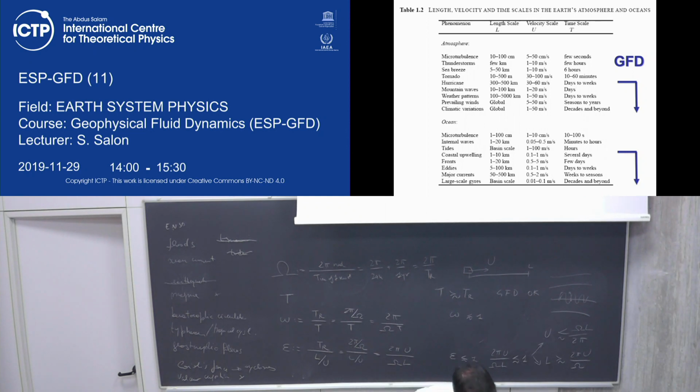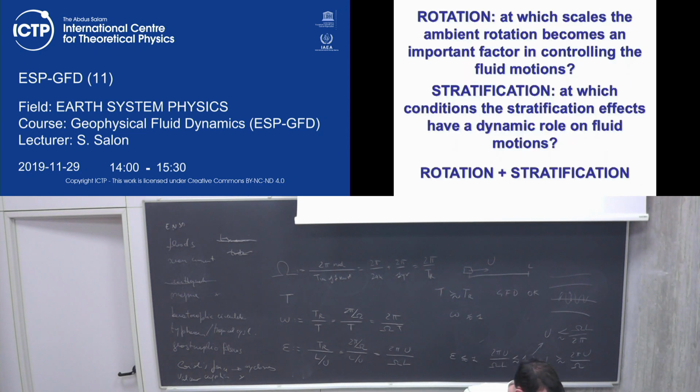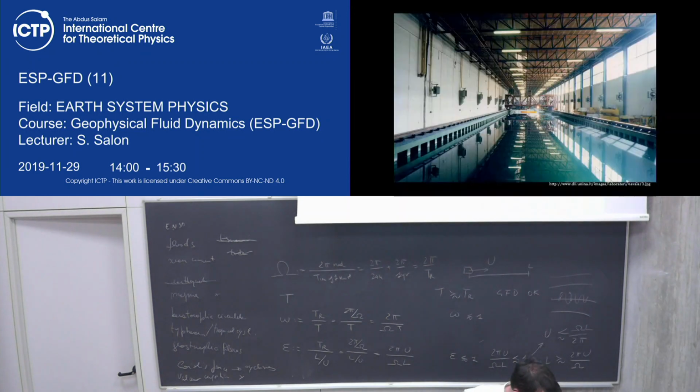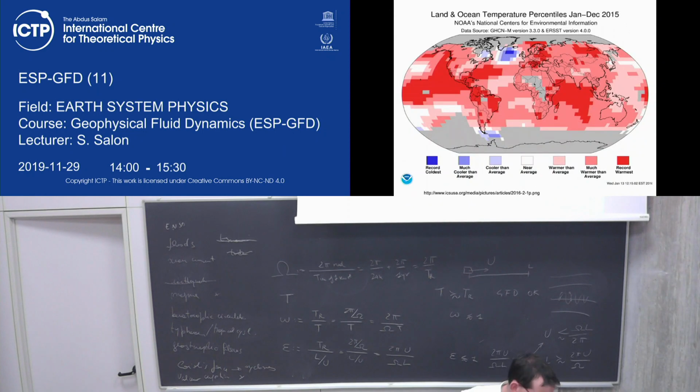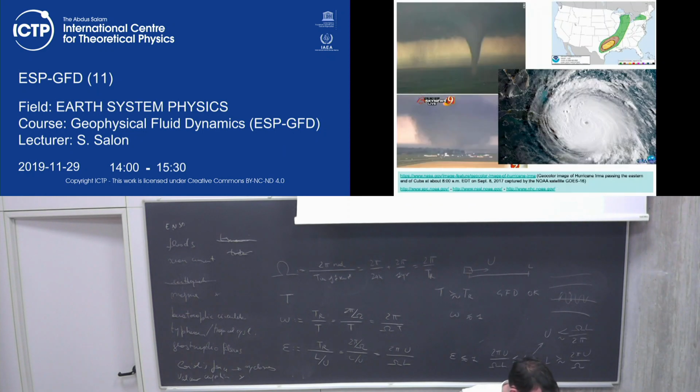Okay, so we are almost finished. So, I don't know what mountain wave is. Mountain waves is one of the first pictures that I showed you. It's similar to coastal upwelling for some reason.